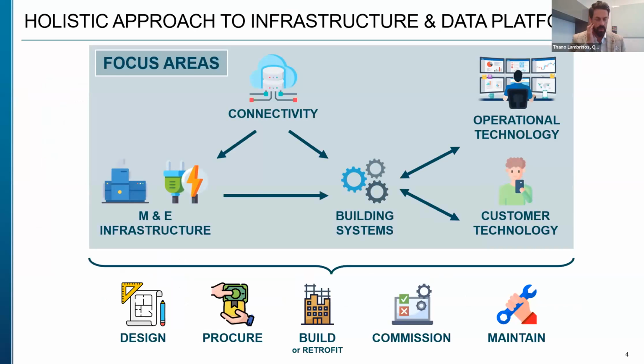So when we look at the areas that we focused on, it started with connectivity and operational and customer technology. We very quickly realized this group needed to be responsible for the deployment and specification of all systems, building automation, lighting controls, everything that James had on those slides, including IoT, including parking, and a number of ancillary systems. So we're responsible basically for everything in the building with the exception of the concrete and the glass, and have recently expanded into M&E